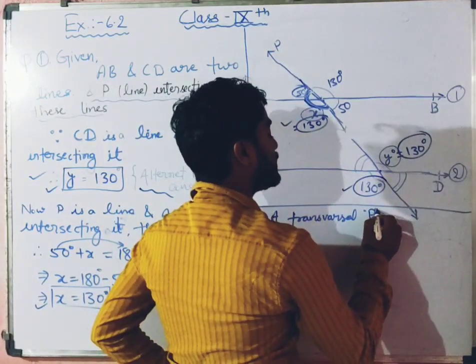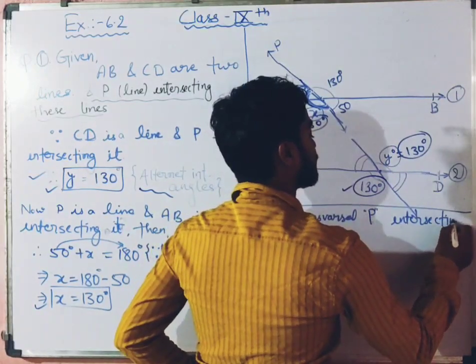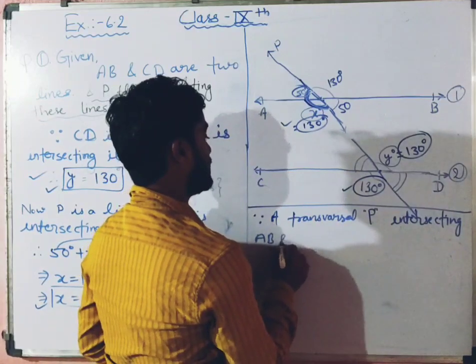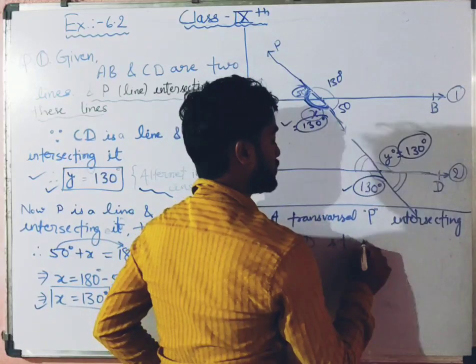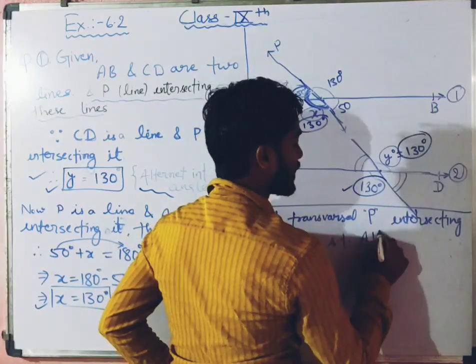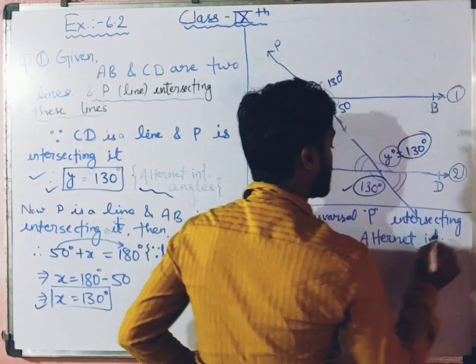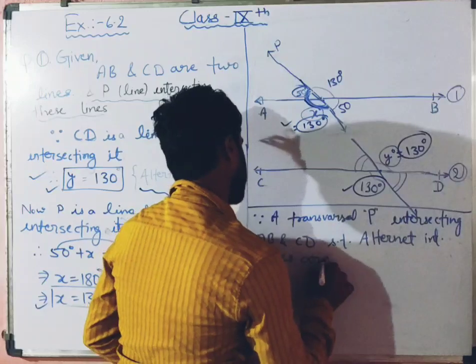A transversal P intersecting AB and CD such that alternate interior angles are equal,